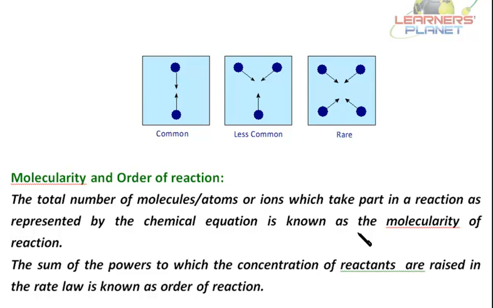In the next session, we will be discussing various methods which are used to determine the rate law expression for a reaction. I have told you many times that the rate law expression is determined experimentally, the order is determined experimentally. Now there are certain methods like the isolation method, the graphical method, and the integrated rate law method also, for determining the order of the reaction and also the rate law expression. So we will be discussing these methods in our next session.